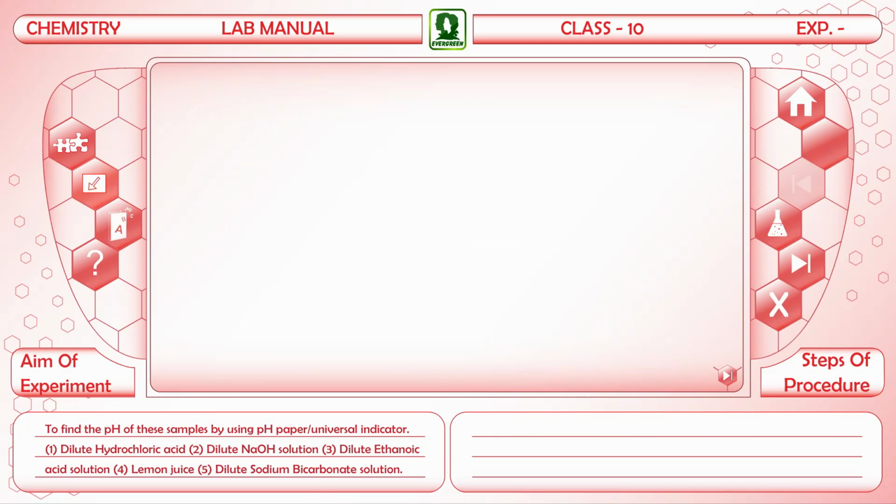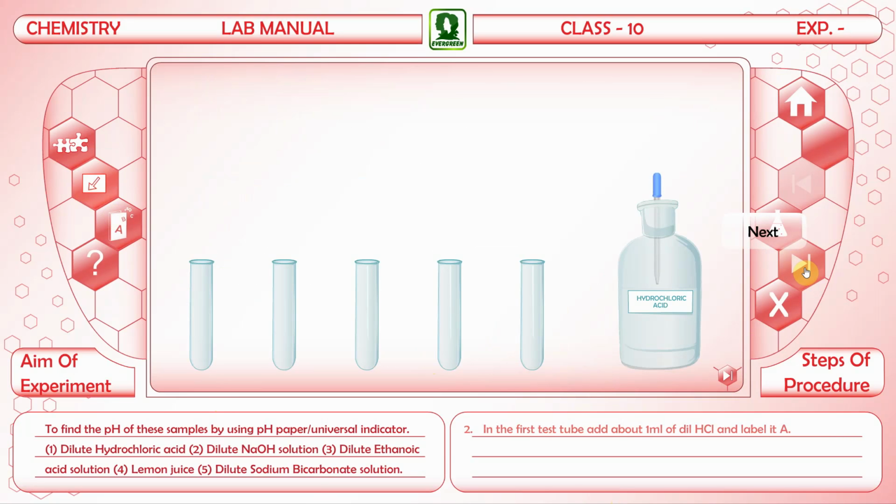Procedure: take 5 test tubes. In the first test tube, add about